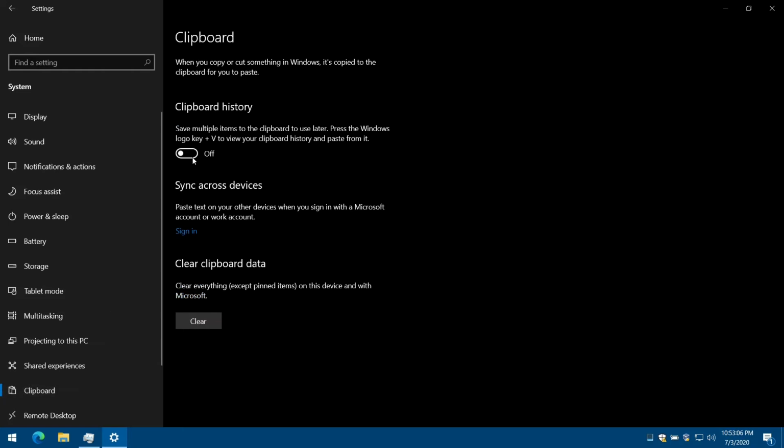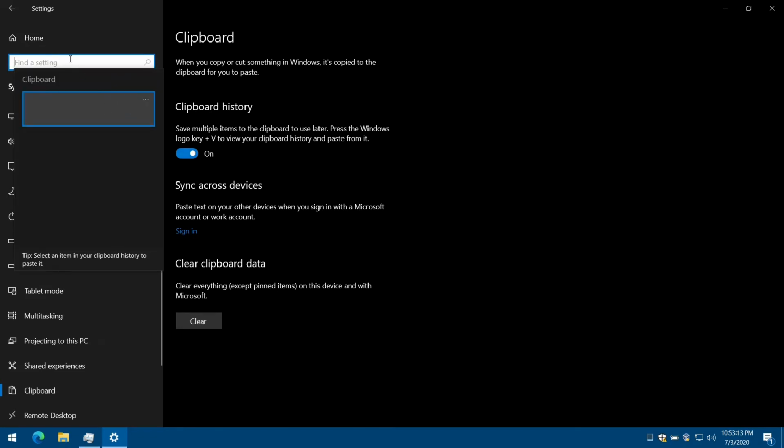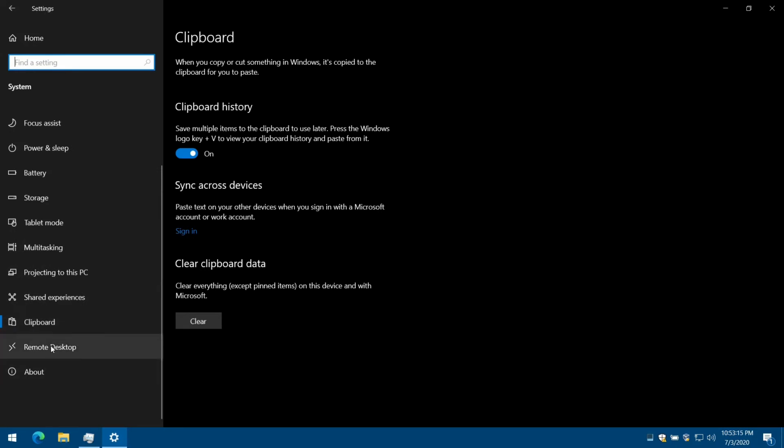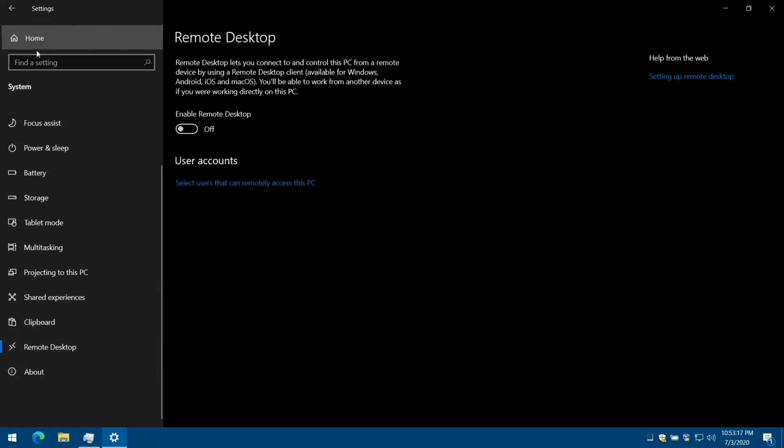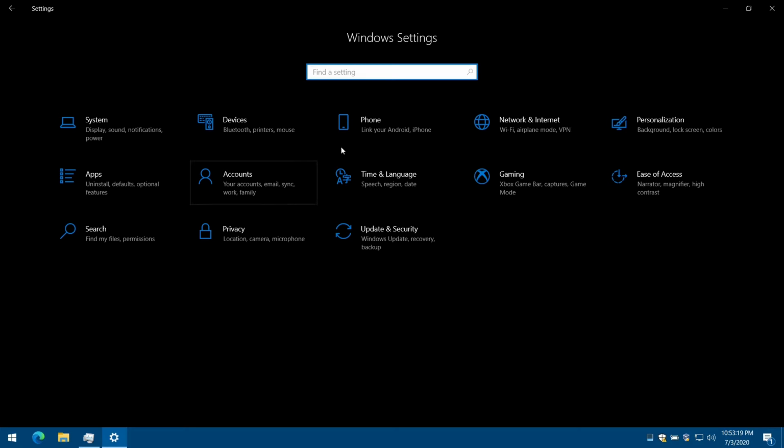Keyboard history, clipboard history. So I like this. If you press Windows V, you get clipboard. You can copy paste this. So if you don't use it, you have to turn it off. And